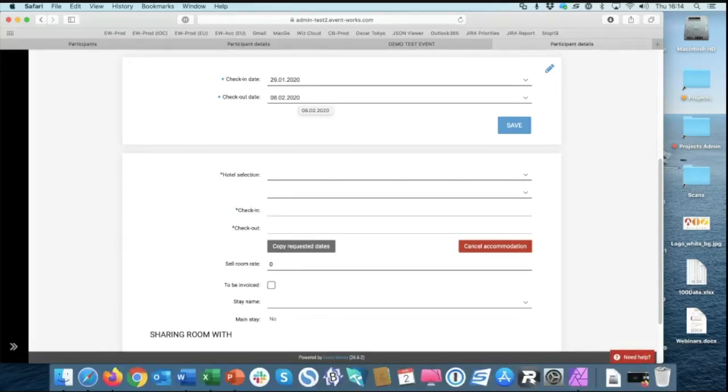That's a second process where you basically gather all the wishes when people want to arrive and when they want to stay. You can also add a room type or other information, but then you have a manager or a coordinator who validates it and says, this is fine, I'm going to book her room, or who says, this is not fine, she's staying for too long, I want her to leave on the